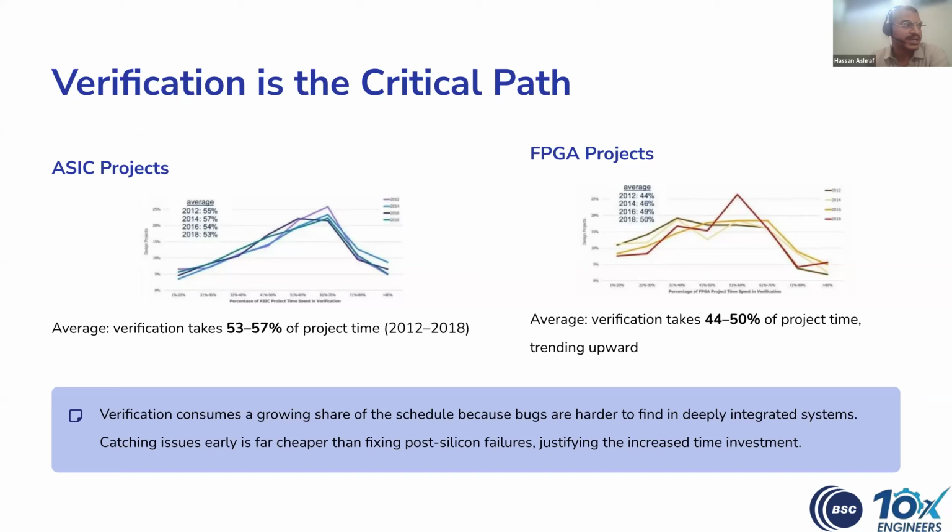Because finding bugs in deeply integrated systems is generally hard. A simple bug in a module might take an hour to find, but when you are debugging at SoC level or full chip level, it might take days or weeks to root cause the actual bug. Here's the important part. This investment is rational. Catching issues early saves orders of magnitude more time later. So verification teams